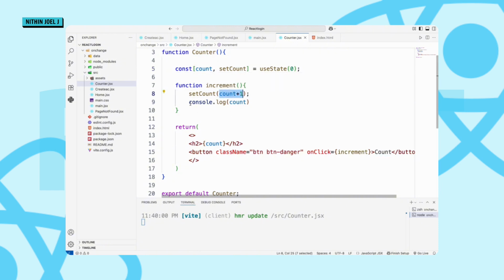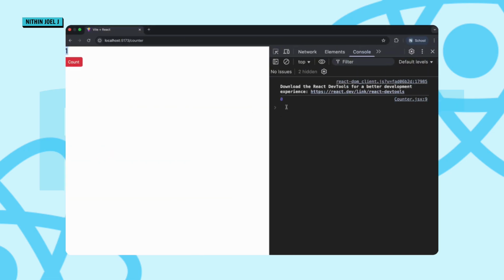At the next statement we have console.log. So what should our console.log be printing? It should print 1. But see here, our console.log is printing 0. In the same way, if I click on this count again, you can see the h2 tag says 2, but our console says 1. This is because